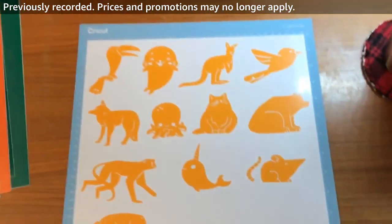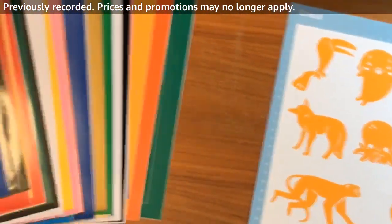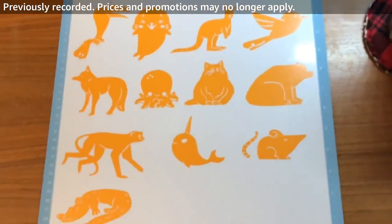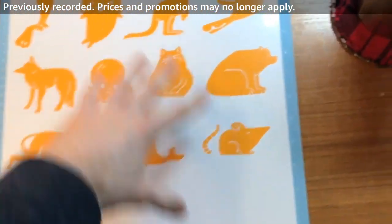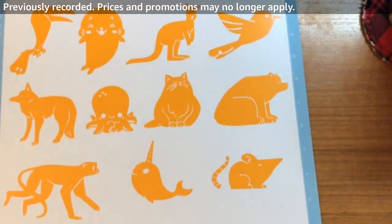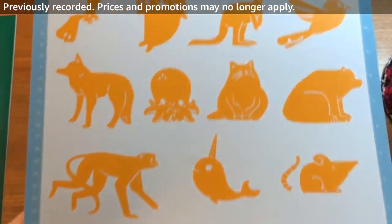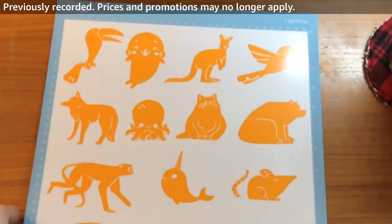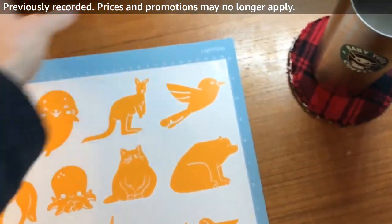But what we actually went ahead and did, I took one of these sheets, this orange color here, and I put it through our Cricut machine. It's an Explore Air 2, and I cut this out and I weeded it, and we're going to actually be transferring some of these stickers, some of these adhesive vinyl decals to a couple of different mugs, and I have